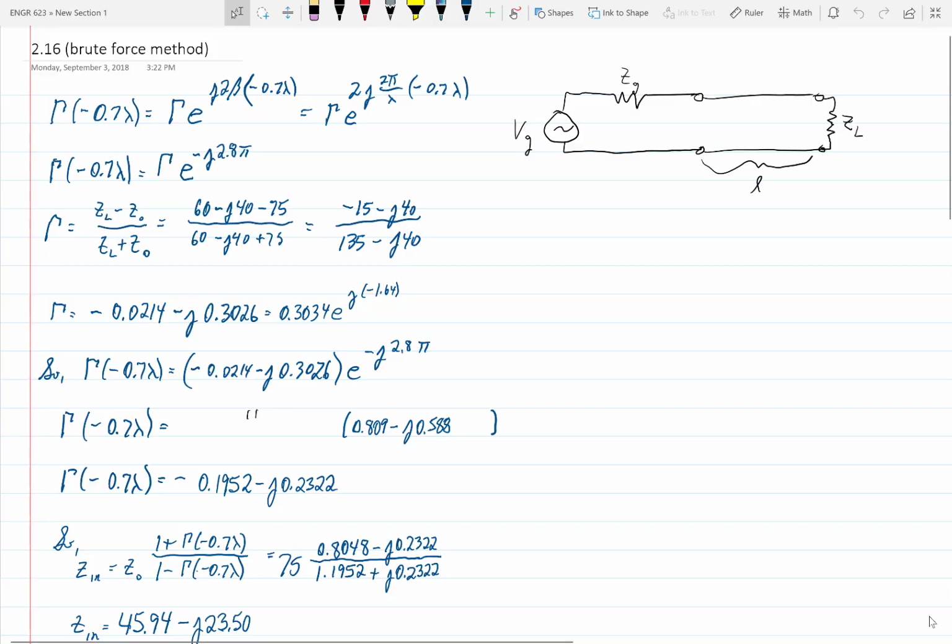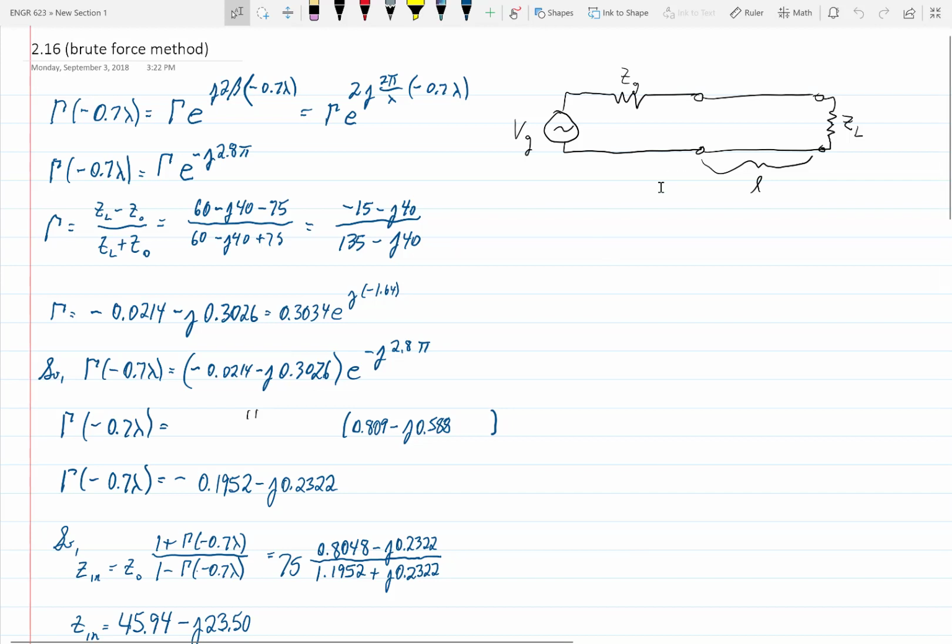This is the video for problem 216 in Engineering 623. In this, the problem from the Pozar book says, the transmission line circuit in the accompanying figure, and you see the figure right up here,